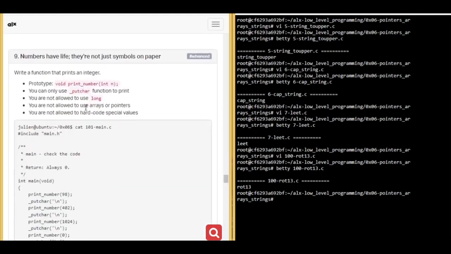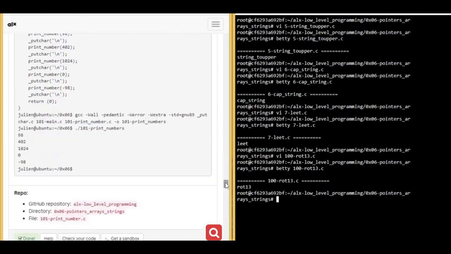It says write a function that prints an integer. Prototype this. You can only use the _putchar function to print. You are not allowed to use long. You are not allowed to use arrays or pointers. You are not allowed to hand code special values. Alright, so again, I'll come down and